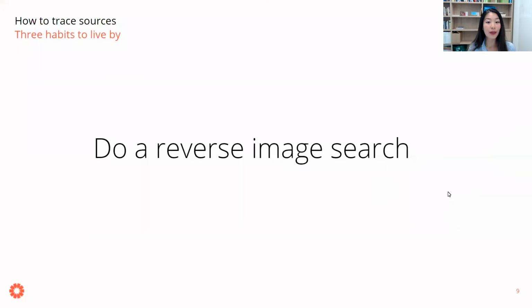So the first one is always do a reverse image search. It wouldn't take you too much time, but then it can help you confirm or dismiss provenance, so whether it's original. And if you find out something that you see on the internet, it was posted like 5 years ago, then it's probably being shared out of context right now, right?